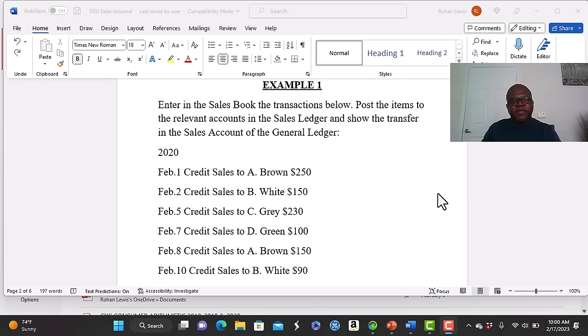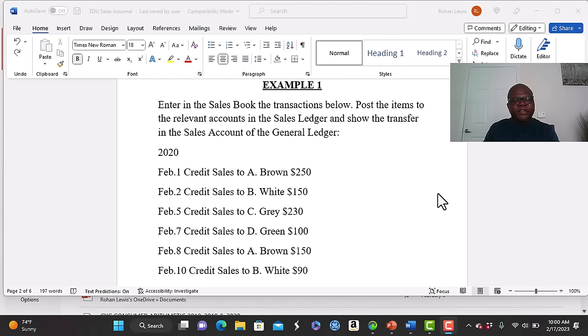Let us take a look at this example. It reads, enter in the sales book the transactions below. Post the items to the relevant accounts in the sales ledger and show the transfer in the sales account in the general ledger. The transactions read